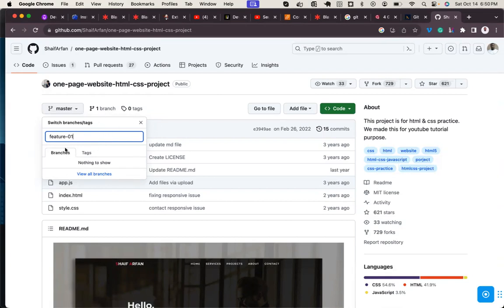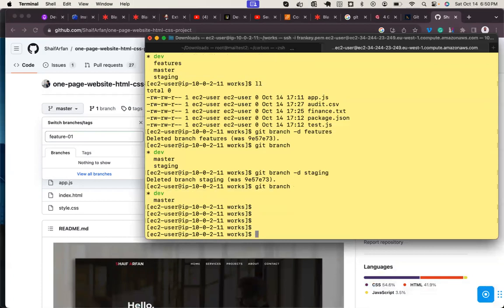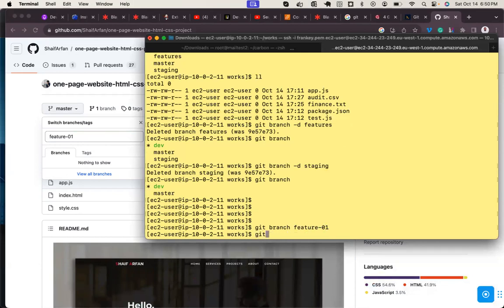I can't do anything because this is not my repository. It's somebody's stuff. But you can do it somewhere here. You can come down here: git branch feature, git branch feature login.